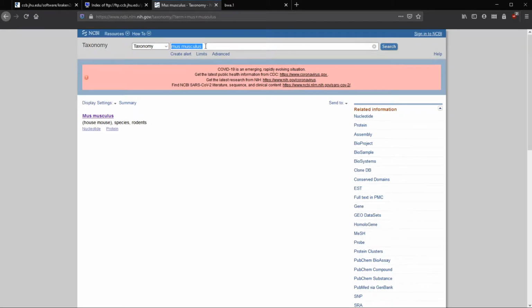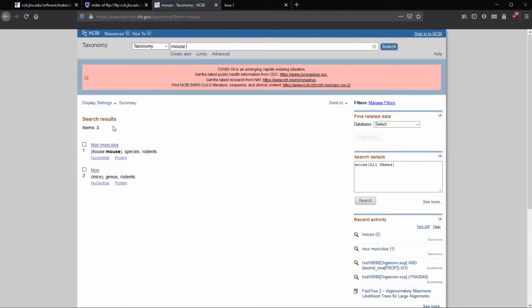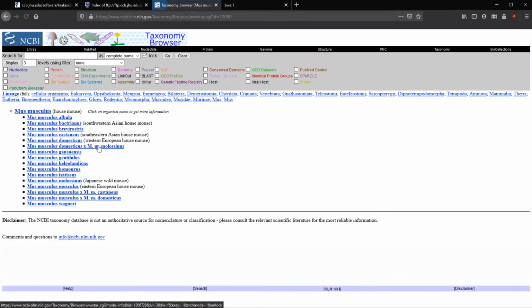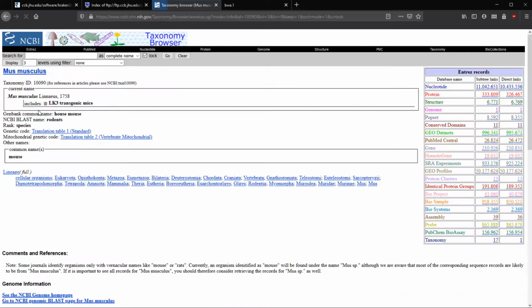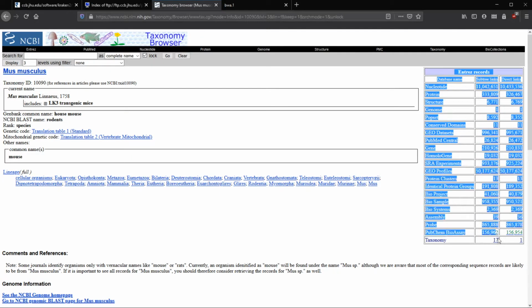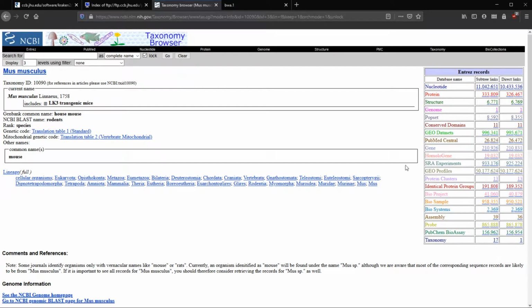I think alternatively we can just type mouse, but there will be multiple results that show up. So let's select Mus musculus, and then here we'll select the main one again, because we want to include all of the mice. So Mus musculus. On the right-hand side, we have our Entrez records, all of these. What we're interested in is going to be